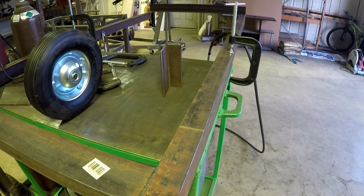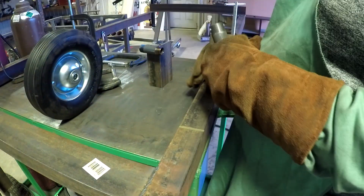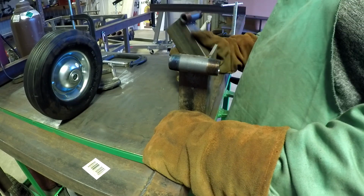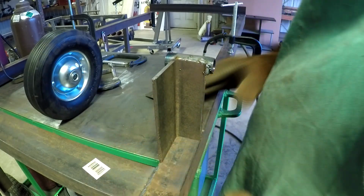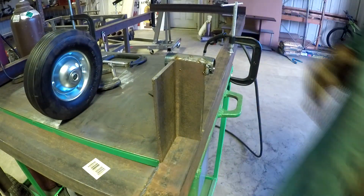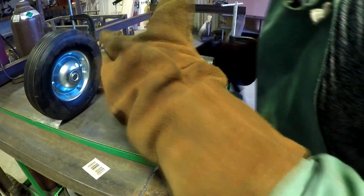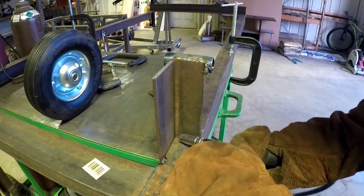And then I'm just going to copy it for the other side, or maybe not copy, slightly mirror it. But now that I got both of them made up, I'm going to decide on which way I should have had it face. I messed up the one that has the locking pin in it that doesn't allow the axle to shift out of the mounts. But I decided this is what I needed to do, so I got it there, tacked it in, and nice full beads